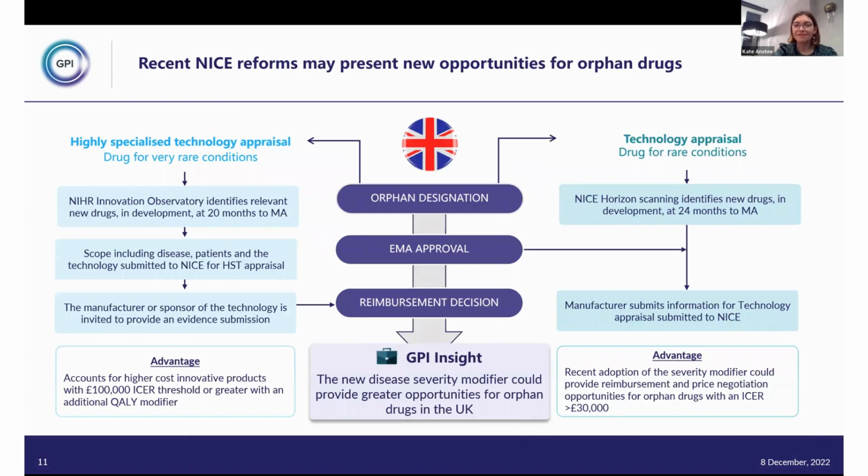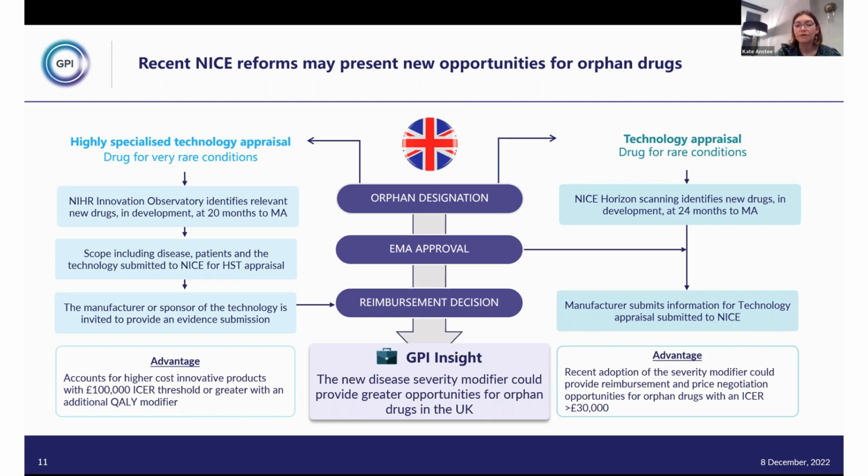In the UK, a slightly different process is undertaken. So there's two processes. The highly specialized technology appraisal is an established process for orphan drugs that treat ultra-rare conditions. NICE acknowledged that these ultra-rare conditions have a small patient number and often a high cost, so include a higher ICER threshold of £100,000. Even if the orphan product exceeds this threshold, NICE apply an additional quality modifier to determine if the product could be considered